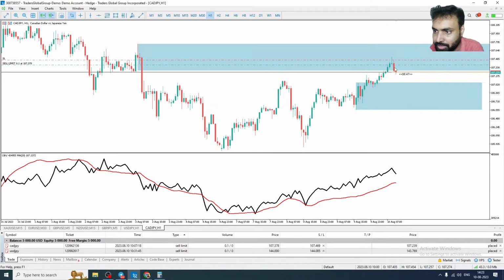But now we reached this point, once it touched our manipulation zone, you can see volume is reducing, it's coming down. So we want to see volume coming down and prices also coming down. In that situation, you can see the down movement. This is one of the ways you can predict whether prices are increasing or decreasing.